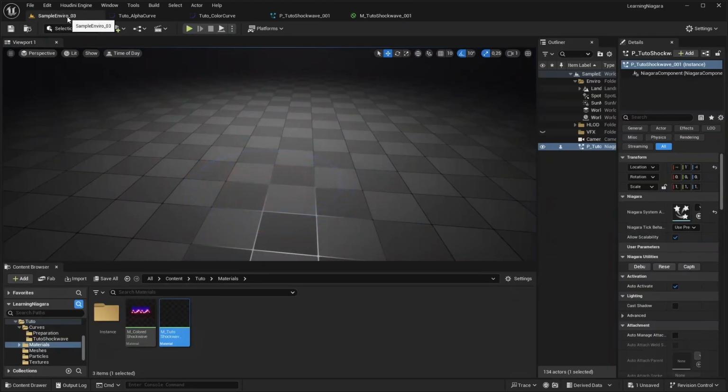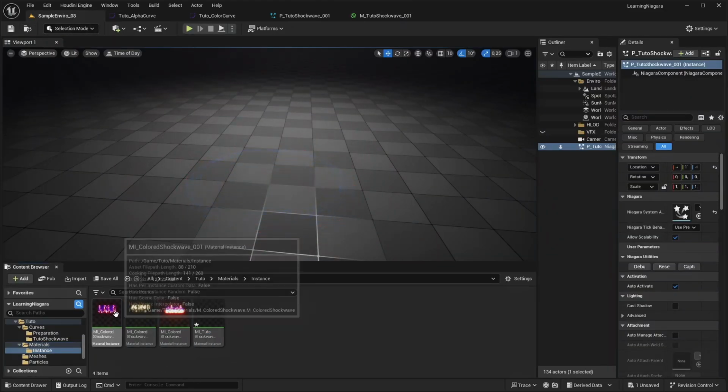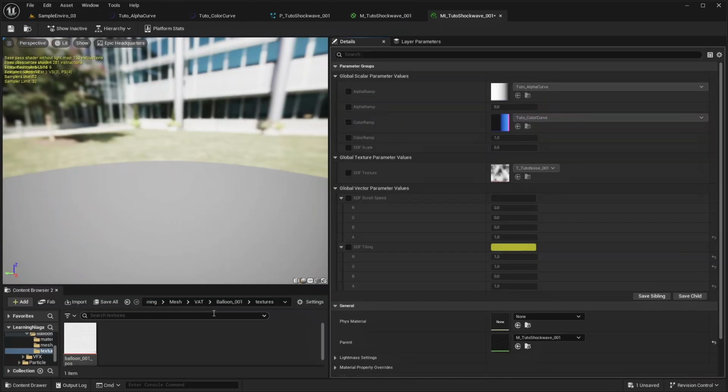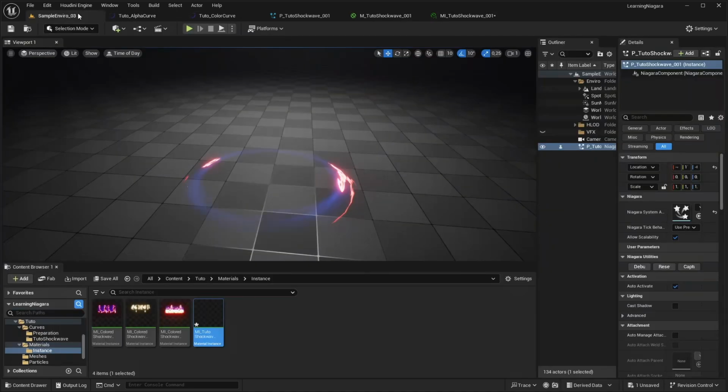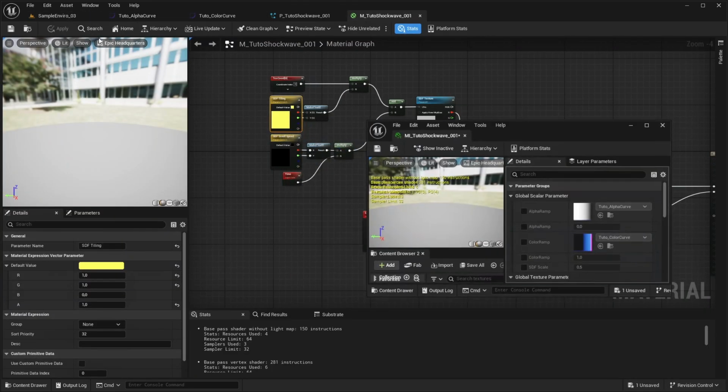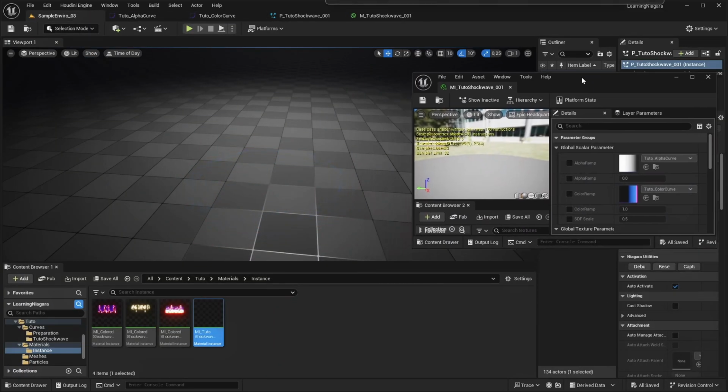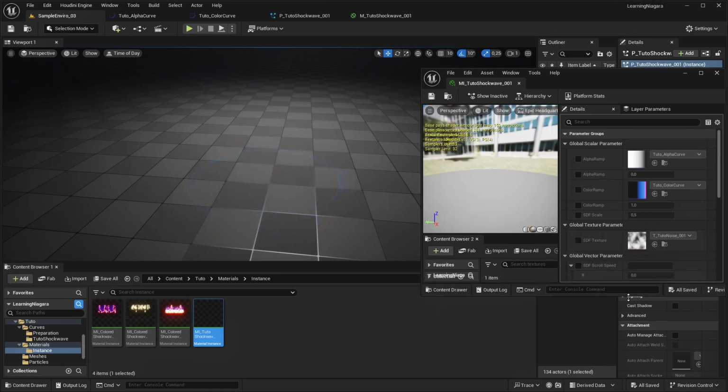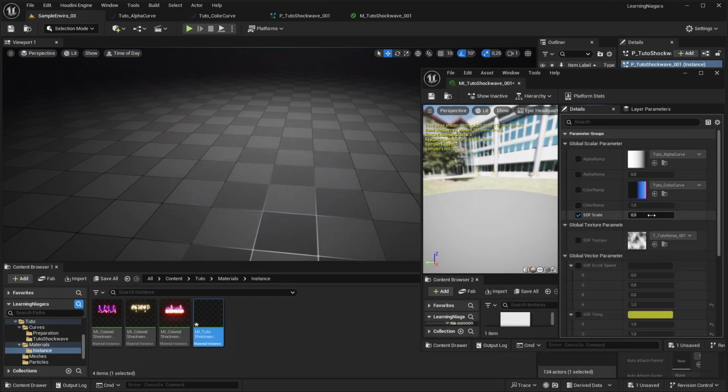I can go to my scene and open the instance we created before. So open the instance. I will put it there to see what I'm doing. So as you see, there is a scale. I maybe want more definition of the noise, so I can put like 1.